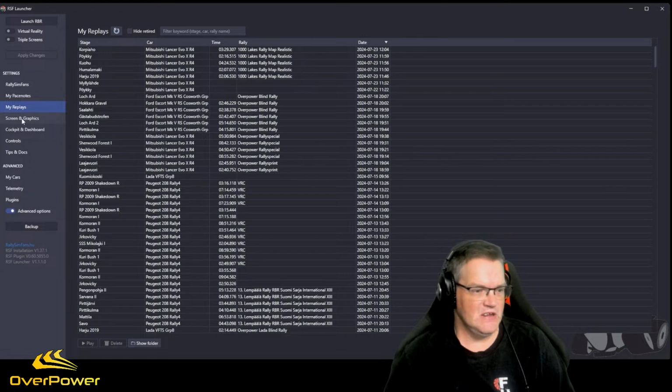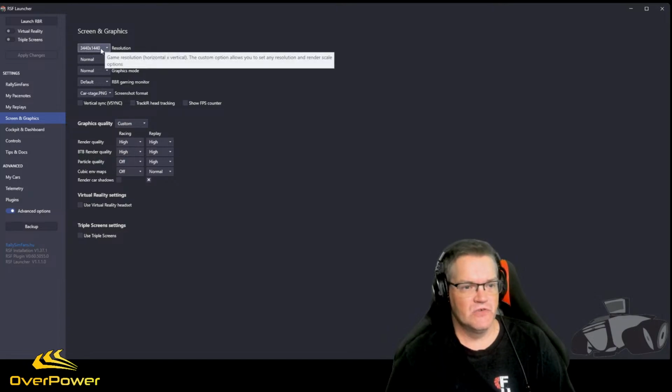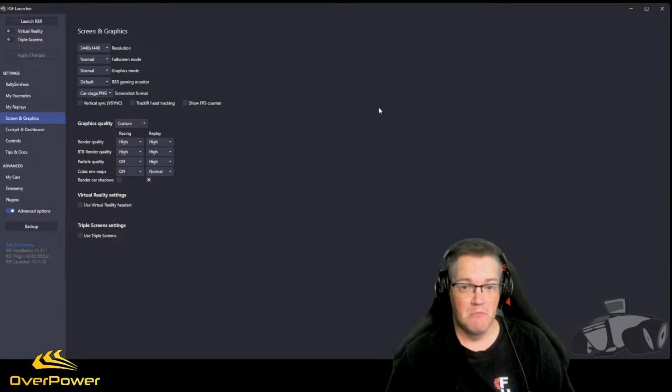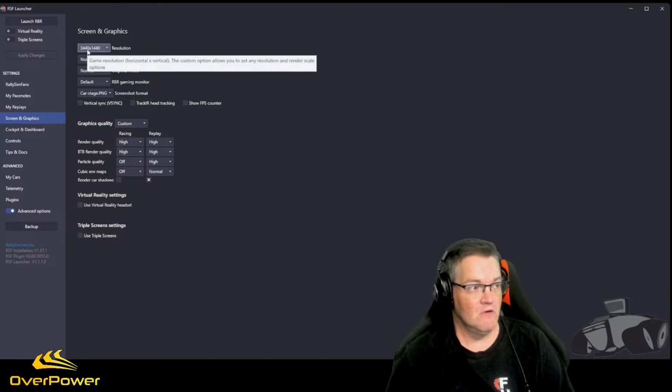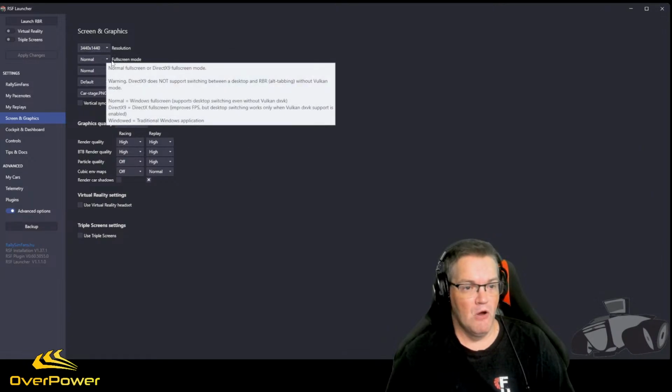Let's go to the screen and graphics. Here are some important things for you to have on. Make sure that you use the resolution that your gaming monitor uses. I have 3440/1440, 4K monitor, and I'm using this resolution. Full screen mode is recommended to be normal,